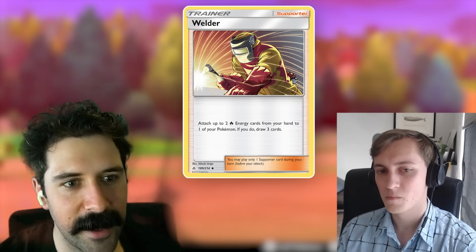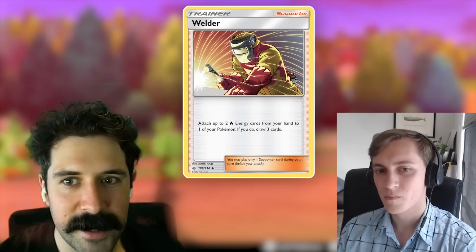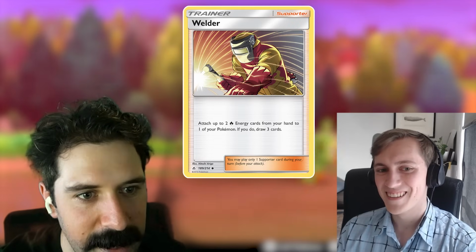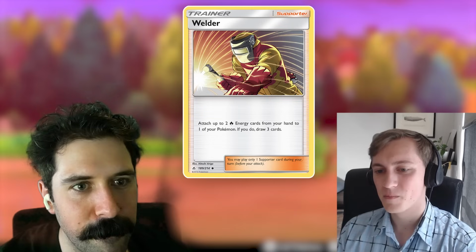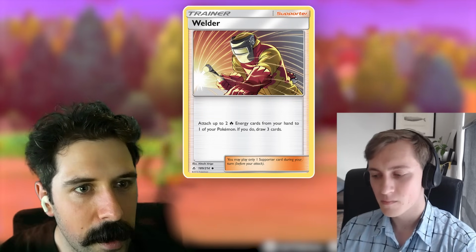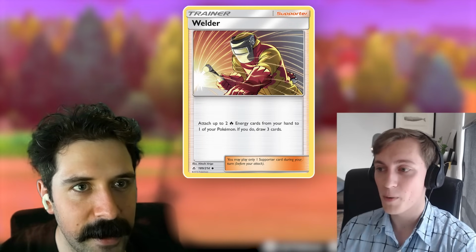But I still think the card is on paper really good, especially when they printed Earthen Vest, you're trying to make it work with things. Because I'm like, this has to be good. And it just kind of sucks because there's no good grass attackers. So I think it's very dependent on if there are fire attackers, but it sounds like there were some pretty good ones. It's also not just a fire Pokemon. No. Okay. It's not just a fire Pokemon, and it's also...